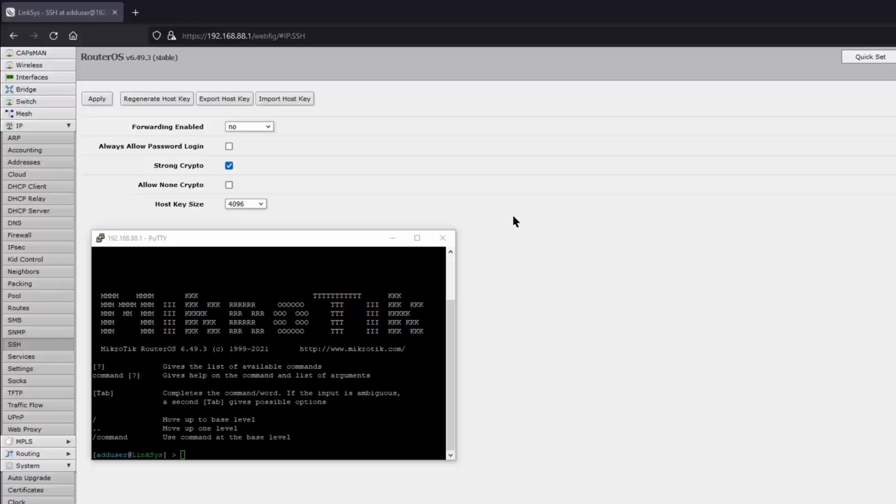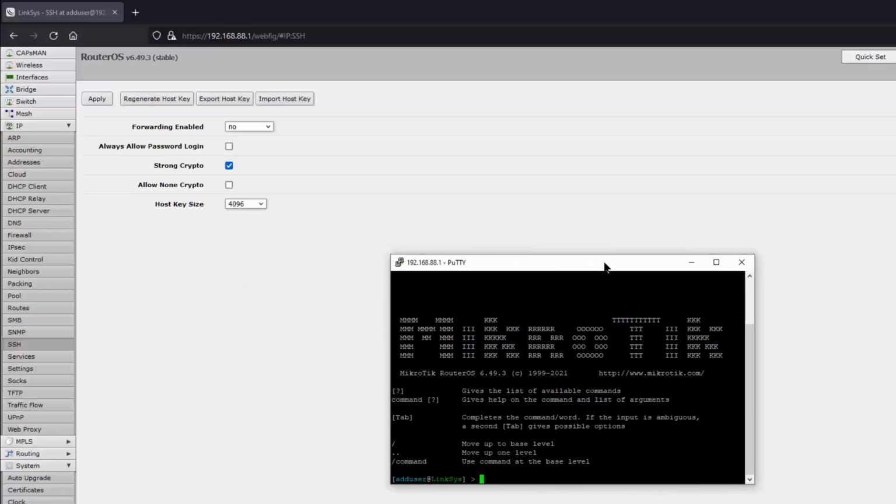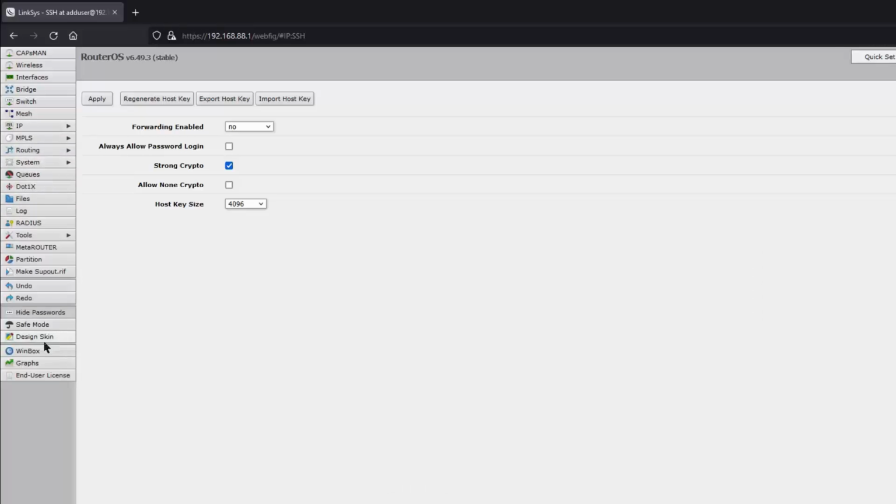What we have here right now is a secure connection with my browser on a Windows machine to the router, and also a PuTTY connection using an SSH key to connect to the router. I was experimenting with some of the things we've been talking about, and I was surprised to find out this particular item here. If I bring up system,